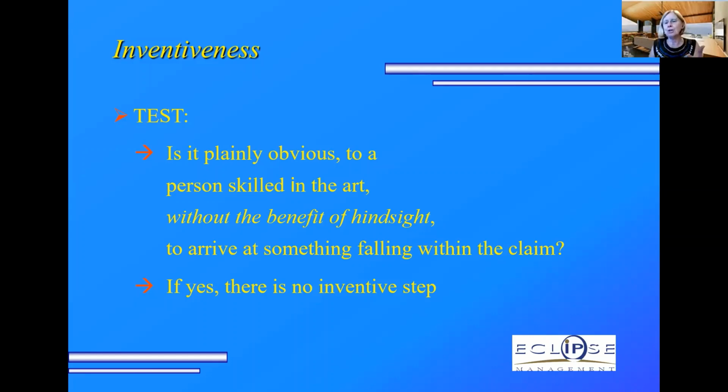So if a fellow scientist that knows your field looks at what you've done, some part, and says, oh, it's really obvious to make those changes in that platform so that it moves up and stays steady, I could have thought of that. That's obvious. I just had to look at this and this, and I would have come up with that invention. Well, he didn't come up with that invention, did he? You did. So then you have